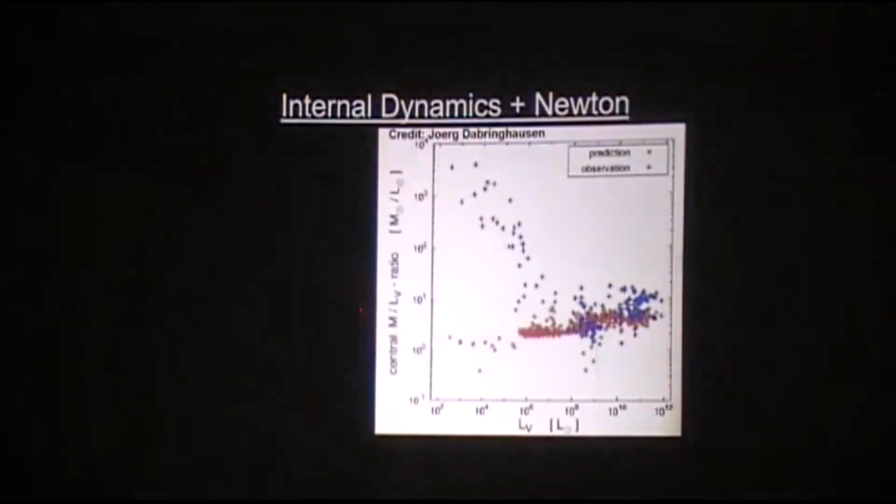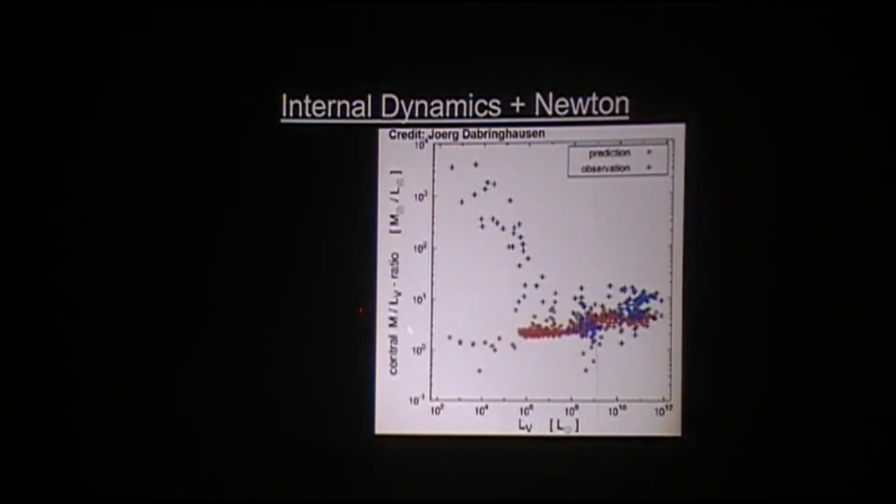So what is shown here is the mass to light ratio of the satellite galaxies in the local group against their luminosity. Basically you should get numbers between 1 and 10 in this kind of reasonable range. So you shouldn't be able to get observations going all the way up here. So this suggests that there was actually a problem with the model, that the satellites can't just be made of baryons.